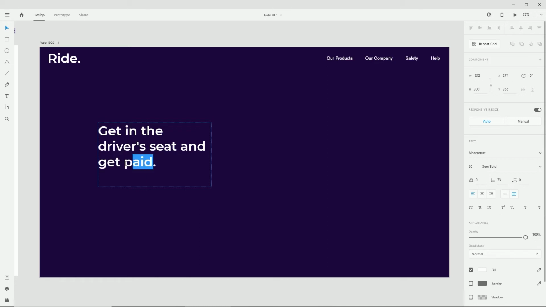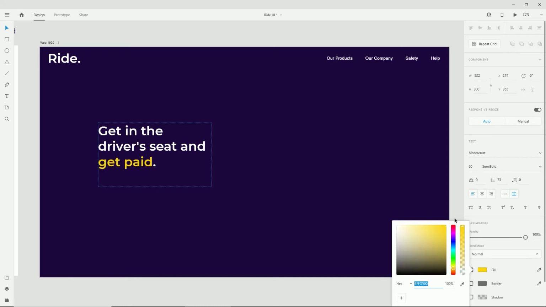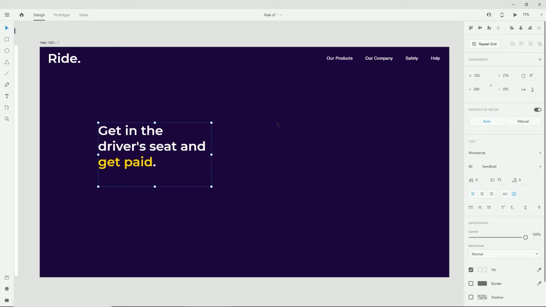In this case we can highlight "get paid" in a color, let's say yellow, because I've already designed the graphic on the right side, and I know that the graphic has a lot of yellow, so I think it makes sense to have it in here, which you'll see in a minute.